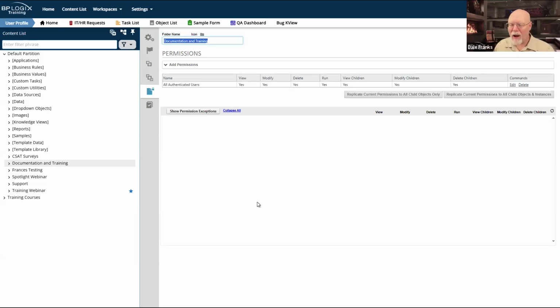So confine your changes to the folder level, and then you can replicate permissions to either just the content list objects or to the content list objects and any instances that exist inside the folder. Then you can have a uniform set of permissions that go all the way across.